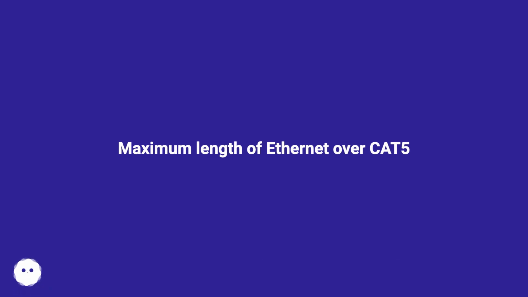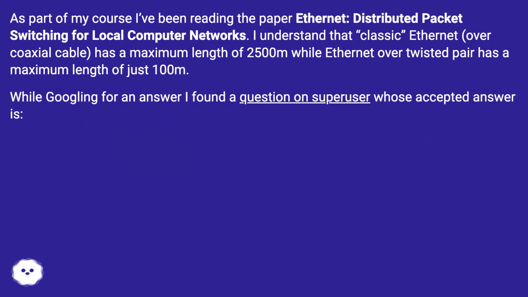Maximum length of Ethernet over CAT5. As part of my course, I've been reading the paper "Ethernet: Distributed Packet Switching for Local Computer Networks." I understand that classic Ethernet over coaxial cable has a maximum length of 2500 m, while Ethernet over twisted pair has a maximum length of just 100 m. While Googling for an answer, I found a question on SuperUser whose accepted answer is: